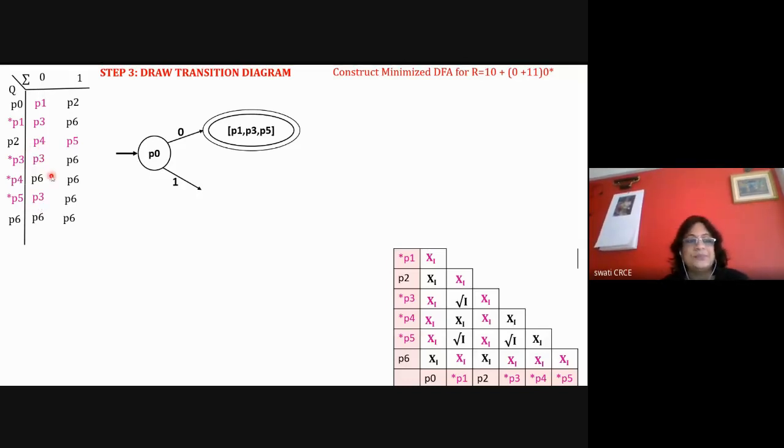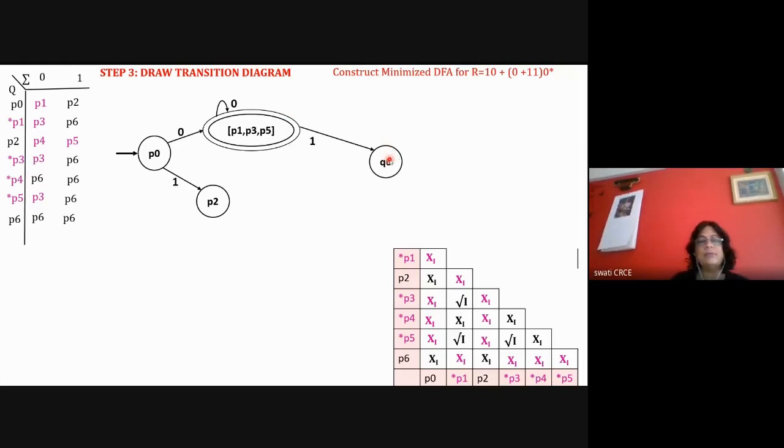ऐसा भी हो जाएगा in complicated problems. Okay, so like this, I am not able to get any problem in drawing the transition table, because if I draw it for P1, P1 का 0 and 1 का transition मैंने draw किया इधर. Now for P3, if I am trying to draw, I am not getting any issue, because P3 with 0 is P3, and P3 with 1 is P6. So I'm not facing any issue.